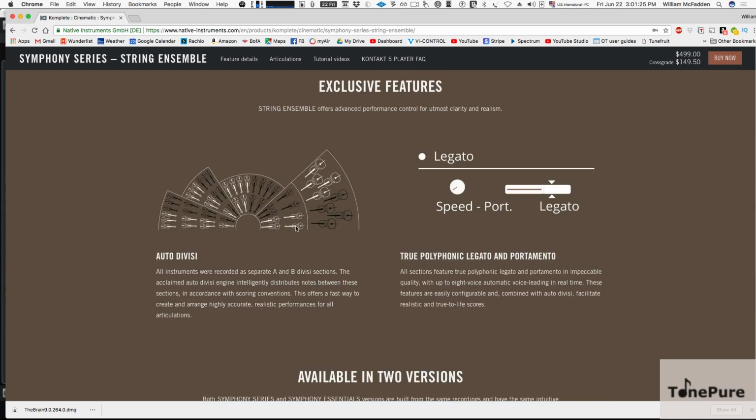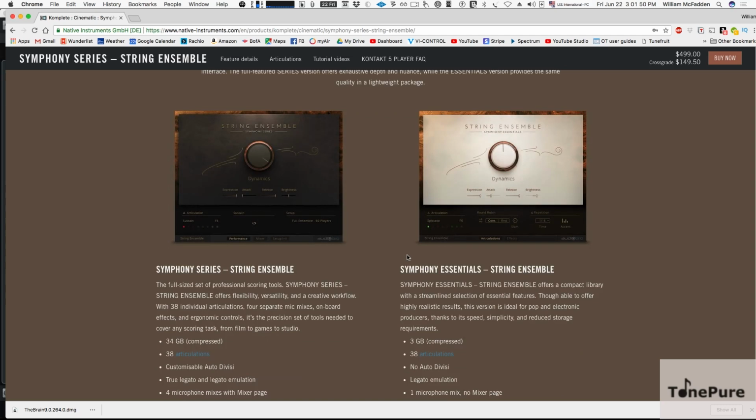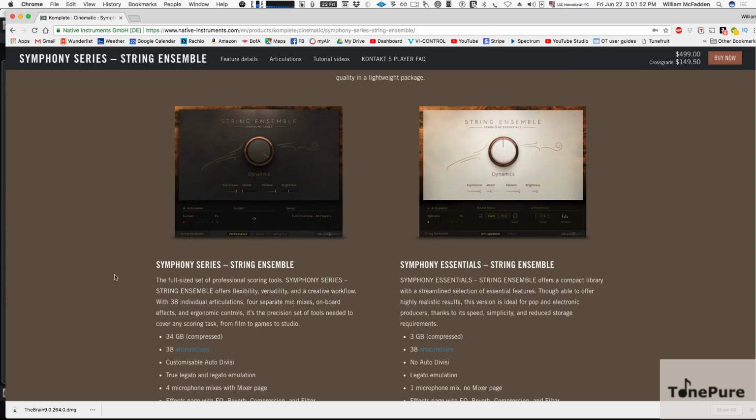A quick comparison, the string ensemble in the larger version gives you Auto Divisi, and it also gives you true polyphonic legato and portamento. Neither the Auto Divisi or the legato and portamento are available in the Essentials version, which many of you have already. But as you see,